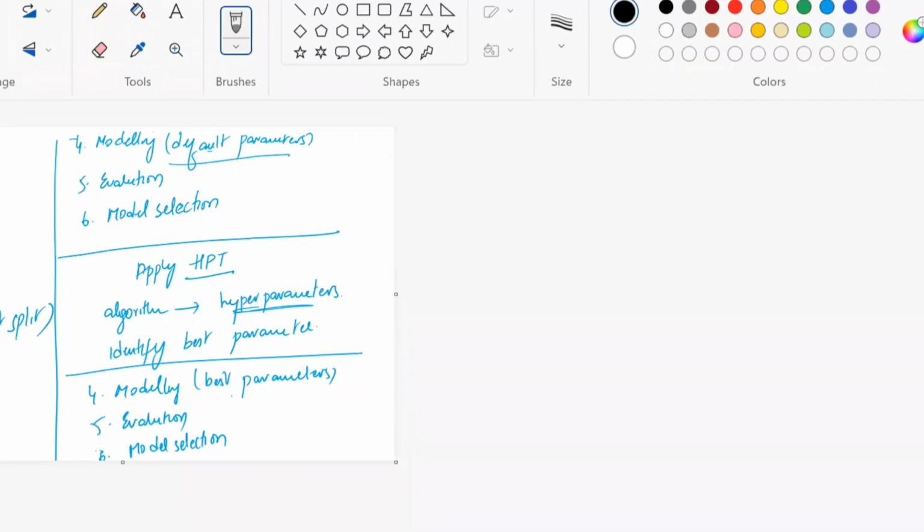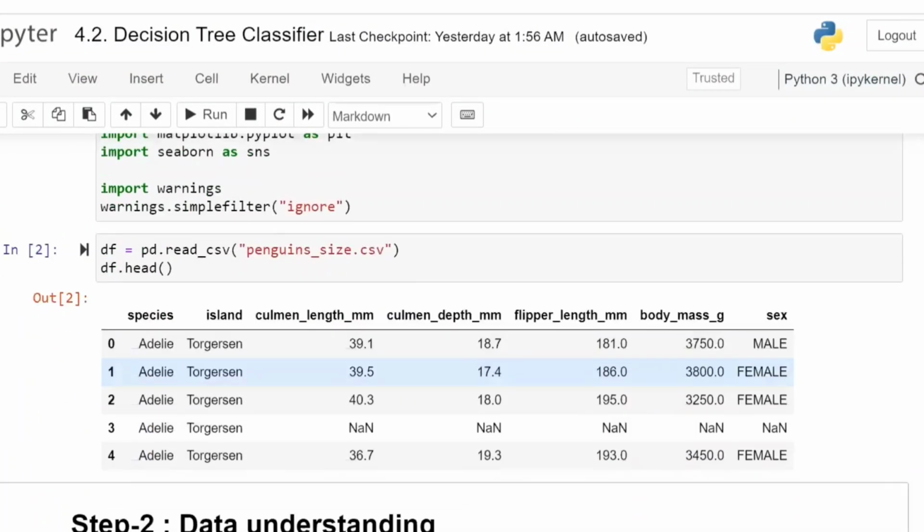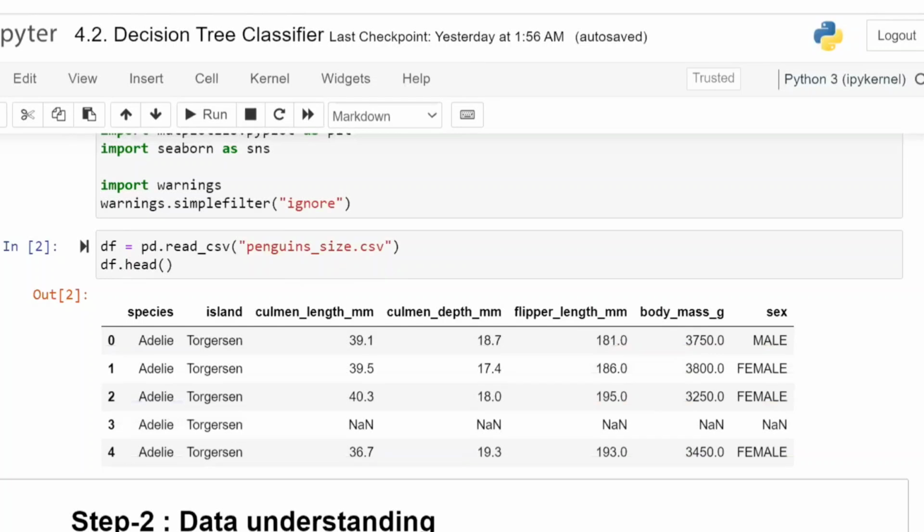Next, second one is data understanding. Data understanding means first I have to understand each and every variable name very clearly. First variable I am having is island. So it belongs to different types of islands. Okay, basically penguins will be in the Antarctica region. This data set was brought from the Antarctica region. So in that Antarctica region, we are having different types of islands. These are the island names.